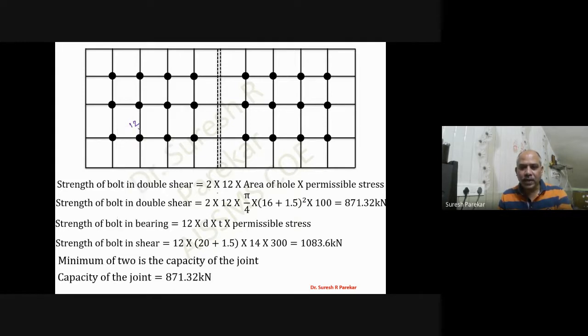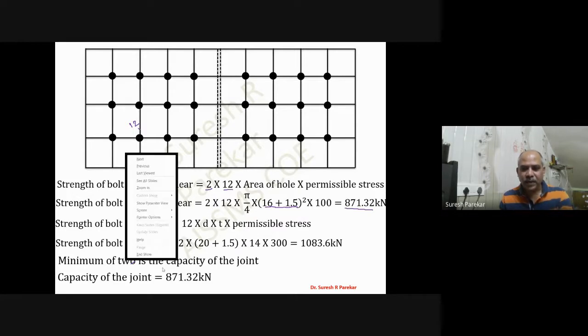So 2 we have considered because we have double shear, 12 number of bolts, and then area of hole into permissible stresses. Now in case of rivet, we are going to consider total area of hole, and therefore (16 + 1.5) whole square, and we got this value 871.32 kilonewton. Now strength of bolt in bearing, so we have 12 bolts, and we have value d t into permissible stresses, and we have substituted this value, and we got